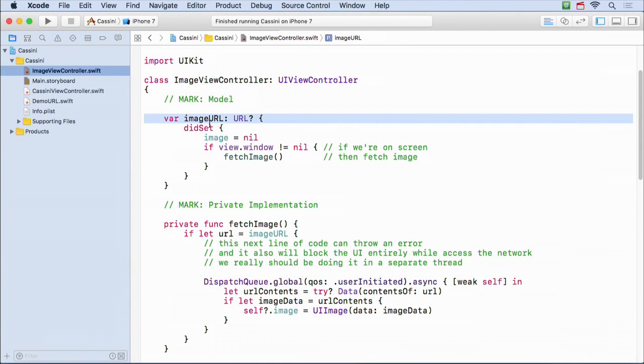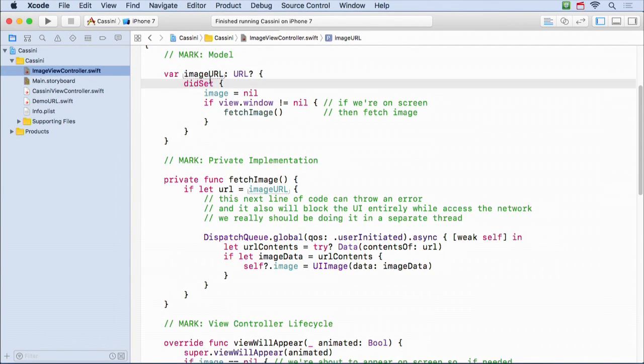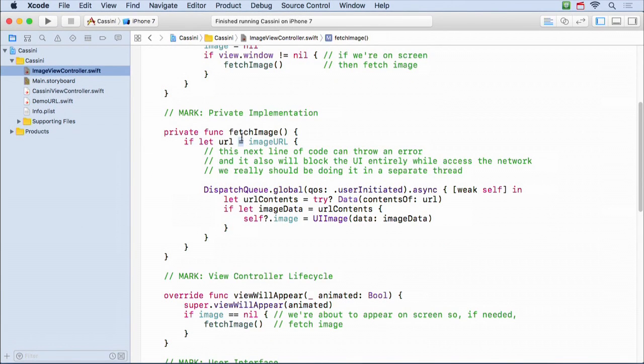So someone calls this again. It's going to go down here and fetch the image again, and dispatch another closure off to go get the new image. So now there's two closures out there fetching. Now what happens when the first one comes back? What do I want to do with that image? Ignore it, right? Because the person said they want a new one.